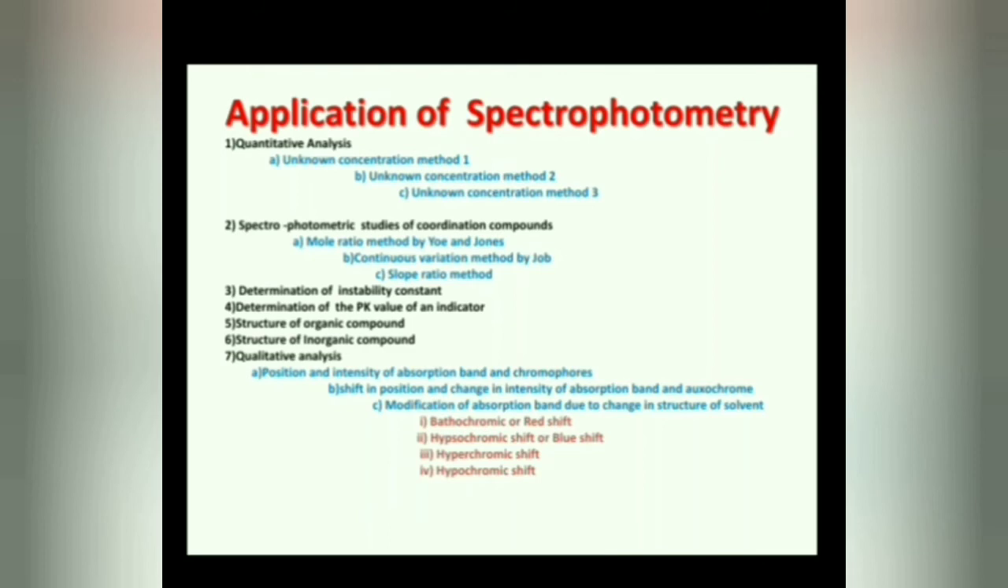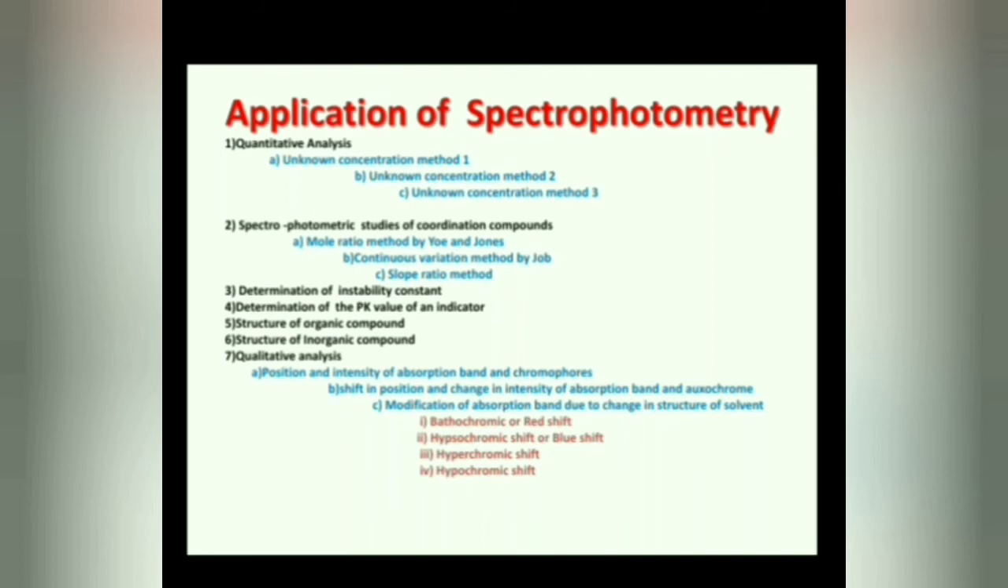The next application of spectrophotometry is qualitative analysis. There are generally three main methods that are useful here: position and intensity of the absorption band and chromophores; next, shift in position and change in intensity of the absorption band and auxochrome; and third, modification of the absorption band due to change in the structure of the solvent. So this is all about the last application, that is qualitative